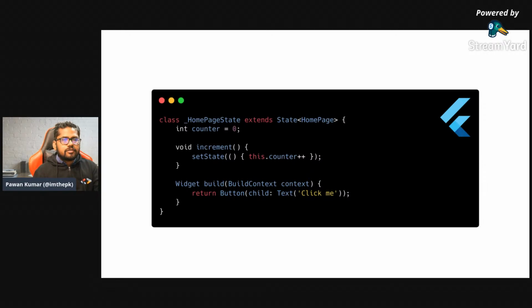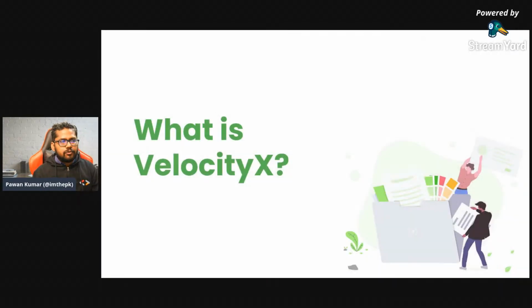So now this class will extend that state class, and then it will give us the same build method to override. But this time we can use something called set state. What set state will do, whenever you say set state, it will refresh the UI, or you can say that it will rebuild the widget tree. And what will happen, it will reflect all the changes which you wanted to do in the UI. So that's the purpose of set state, and that is how you make a stateful widget.